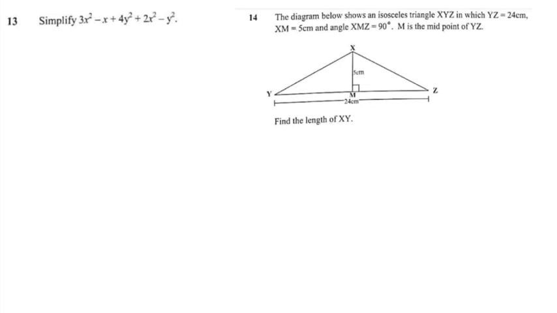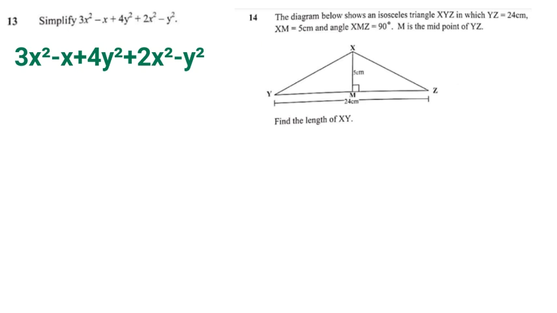Okay, so question 13 was as follows. Simplify 3x squared minus x plus 4y squared plus 2x squared minus y squared. Okay, so what I'm going to do is rewrite this expression down here. Once I've done this, the next thing I'm going to do is